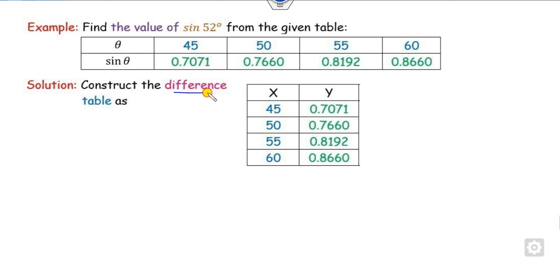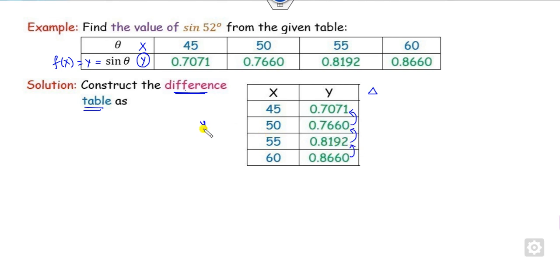The first step is that you have to construct the difference table. How can you construct the difference table? You have the x values, and this is called y. Y is nothing but my f of x, for example sine of theta. In MATLAB you have to provide these 2 inputs. After that, you construct the first difference, that is this minus this, this minus this, this minus this.